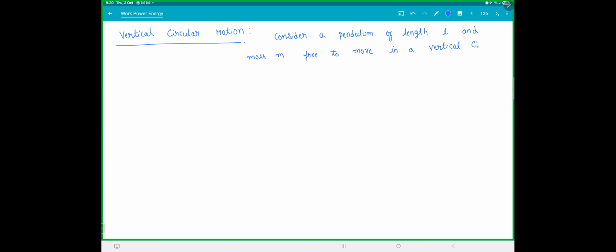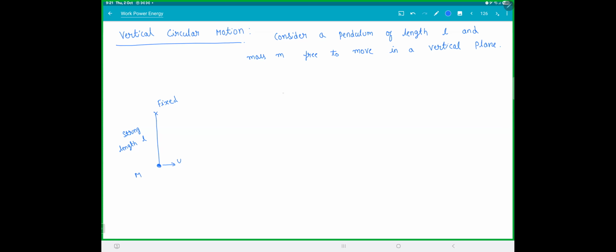This is also important. This is the full derivation in 12th standard, in a vertical plane. So let's see what are the issues with this. So you take a string, you fix it at one end. This is mass m. Now, if you just give some velocity u to this,